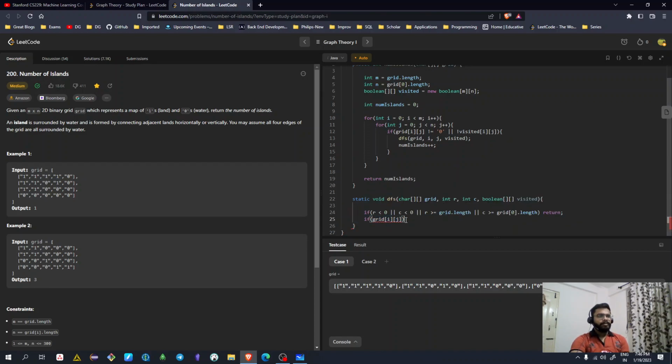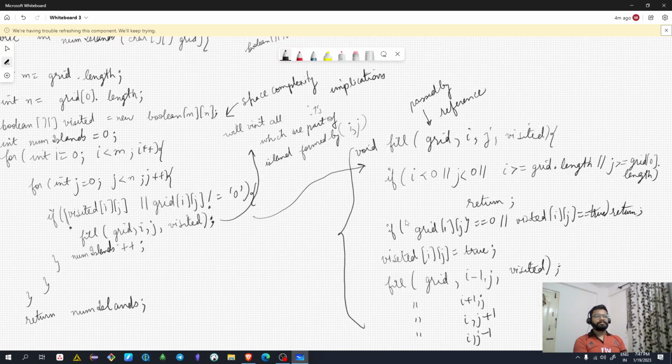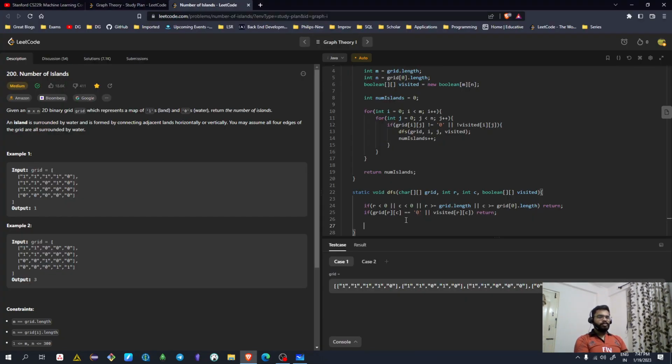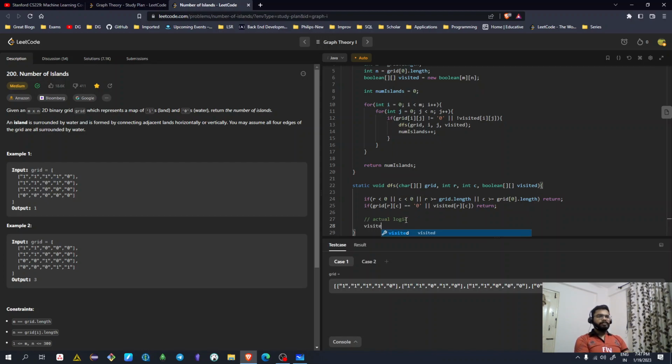If grid ij is equal to 0, or if it has been visited, I should use RC actually, not IJ. Sorry for that. Now we do the actual processing. Visited RC should be marked as true,